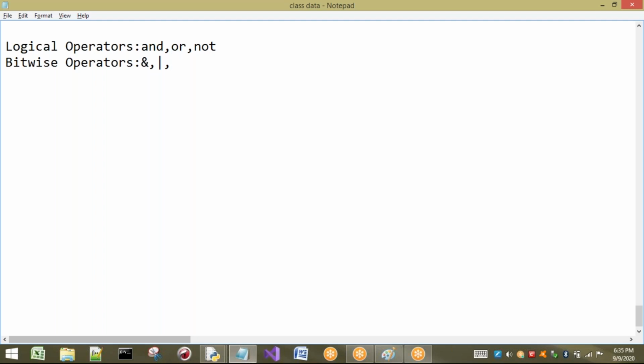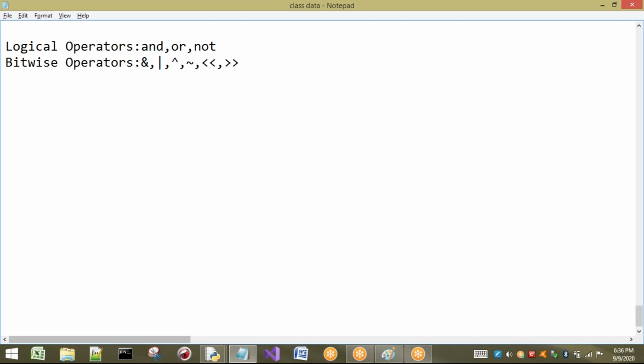Right. And or. Next one is XOR. This cap symbol is nothing but XOR. And next we can consider the complement symbol. Okay, this is the complement operator. Like these three operations are the same. Here, however, not is performing, here complement will perform the same operation, but on individual bits. Okay. Next one is bitwise left shift, or left shift we can consider directly. This is right shift. So these are the 6 different types of bitwise operators we are going to have.